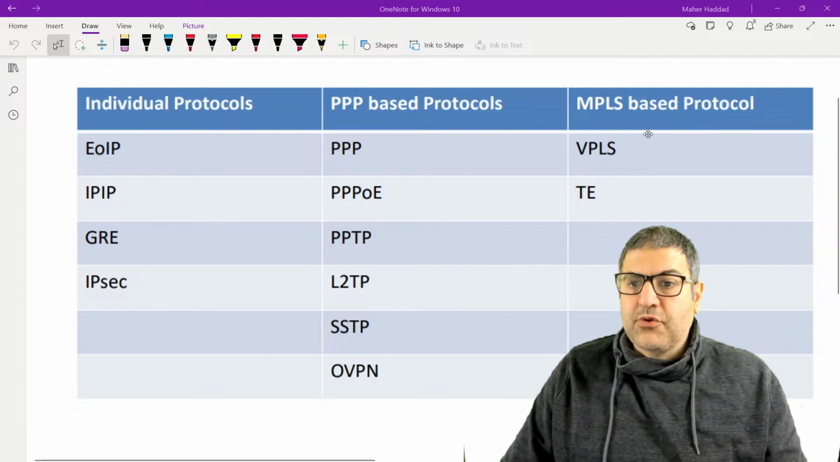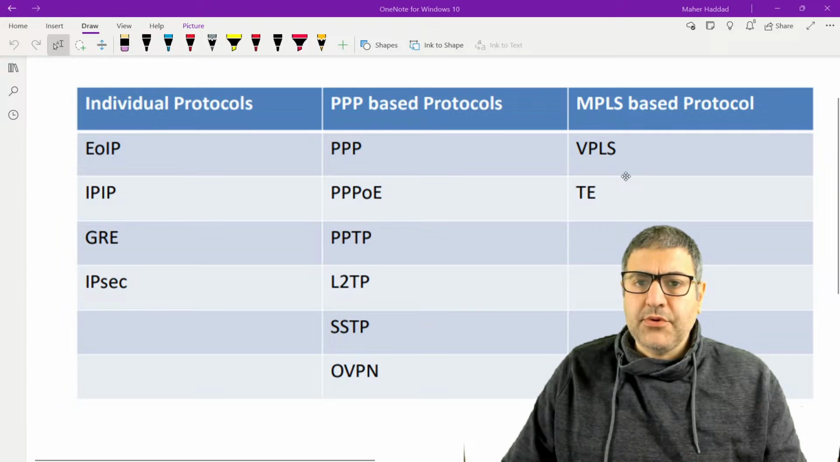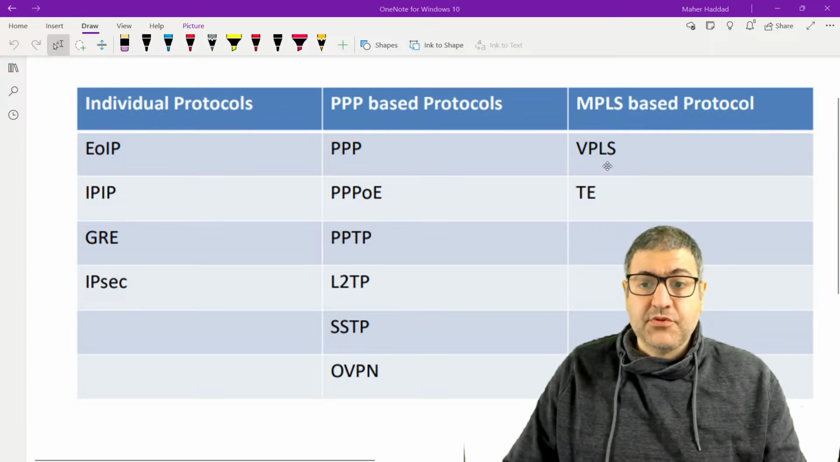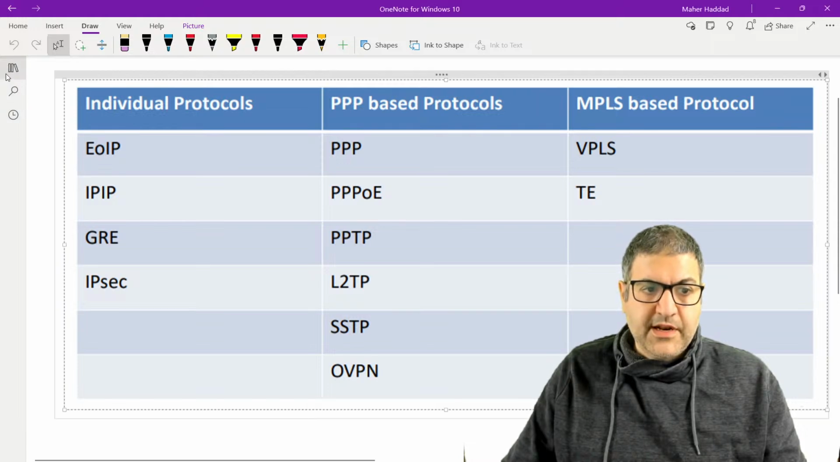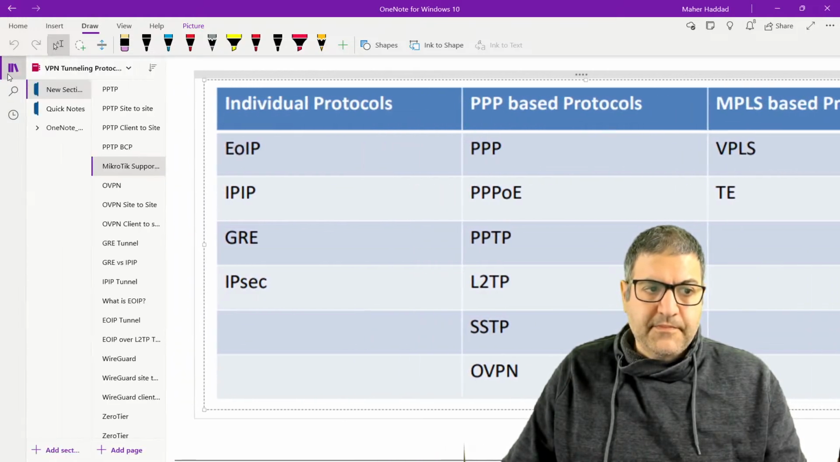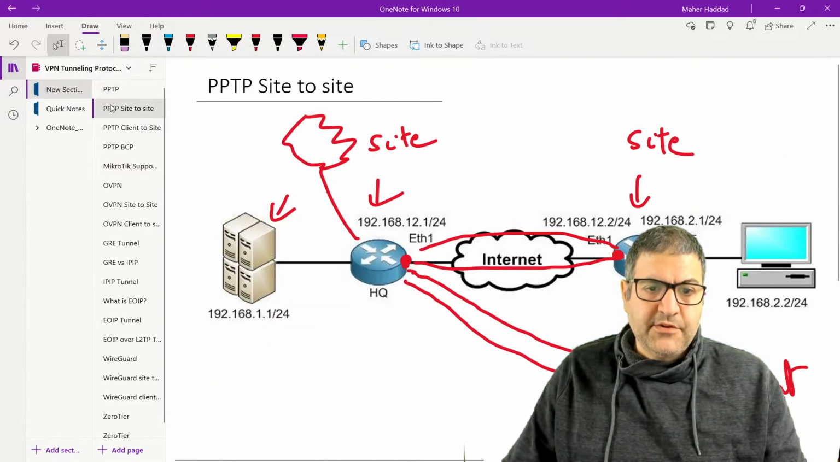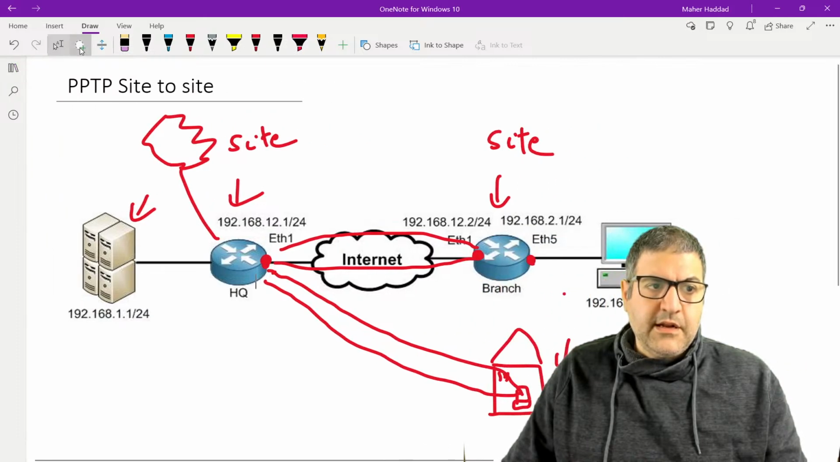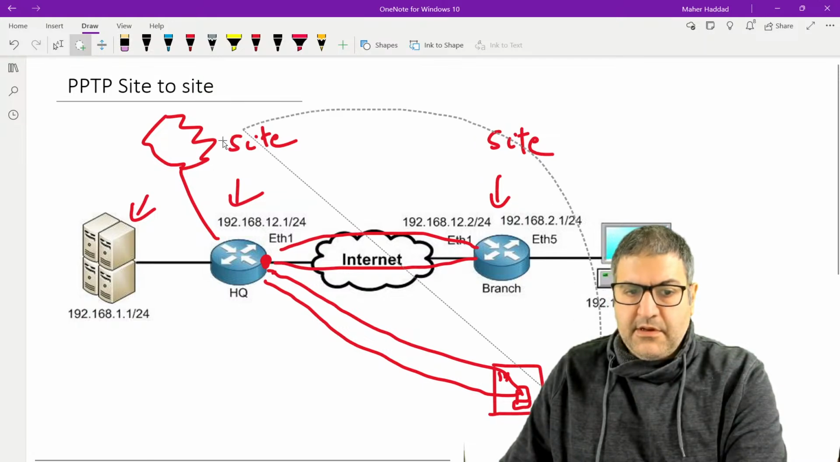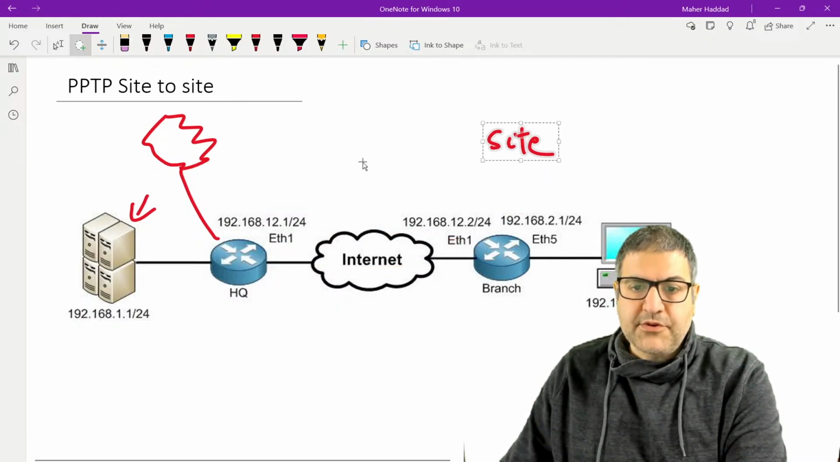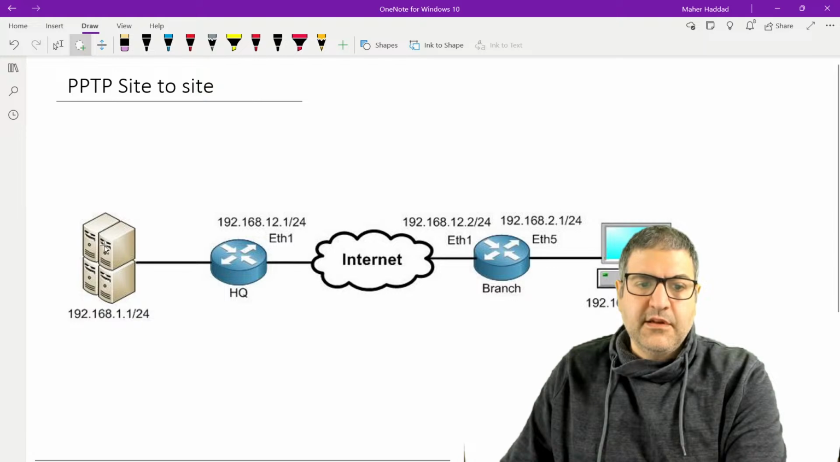Now the other protocols we have are MPLS-based protocols, VPLS. So you need to run MPLS first to have VPLS running, and TE. So VPLS and EOIP, I would like to explain fast about them so you can have a better idea. So if we go back to our scenario, let's speak first about EOIP, and then I will speak about VPLS, because those are very interesting